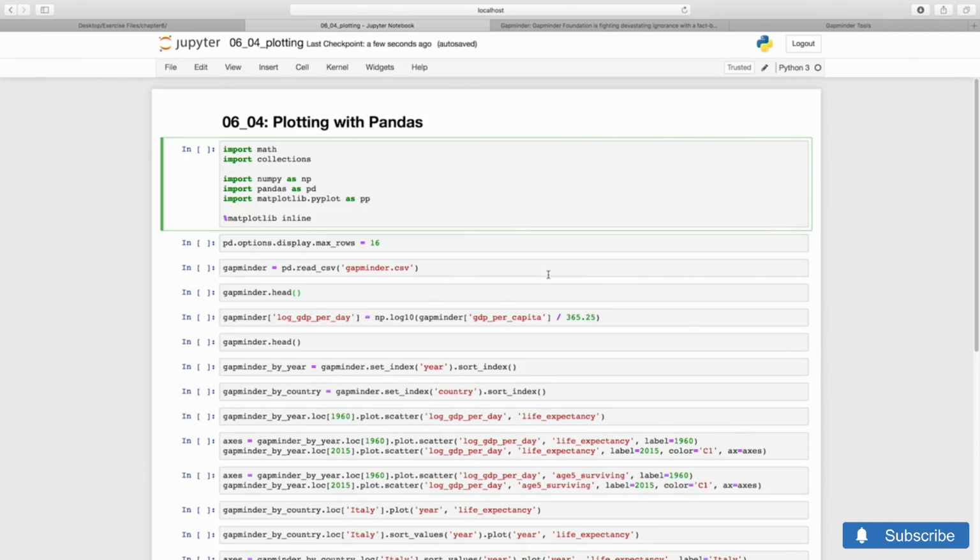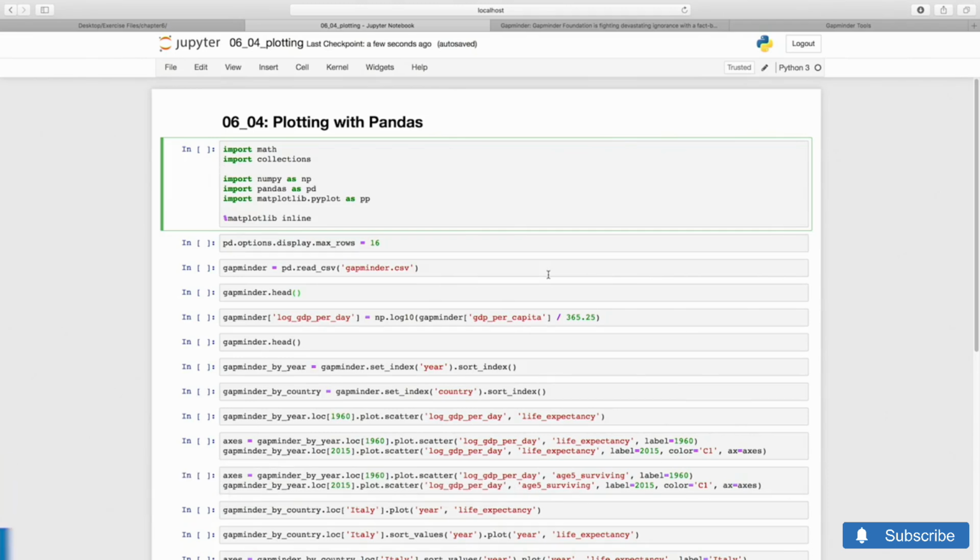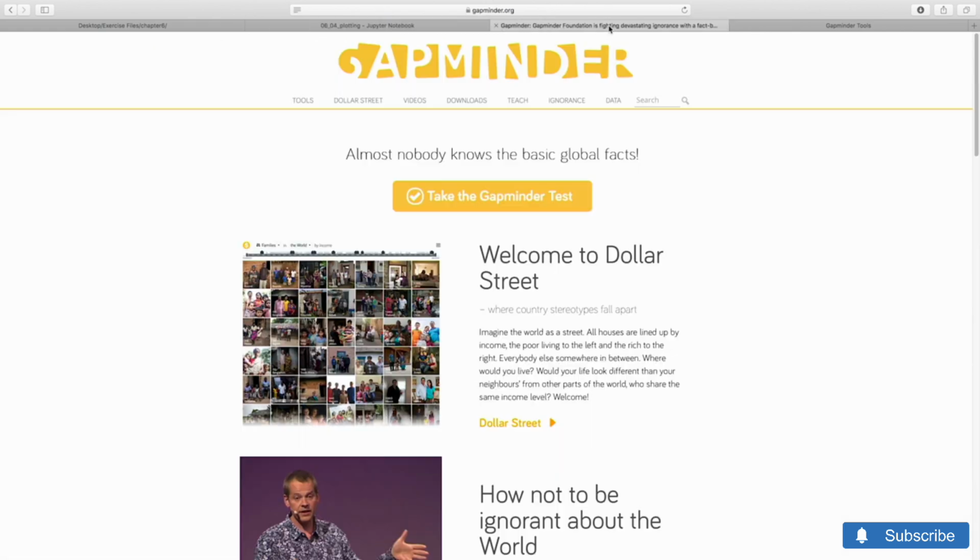We have seen how to load and create data frames, and how to select records or ranges of records, but we have not done much with the values in the tables. In many data analysis tasks, you're interested in running computations with the columns and in making plots. Let's try that with Pandas. We load a dataset consisting of global population, health, and wealth statistics from the amazing Gapminder website.